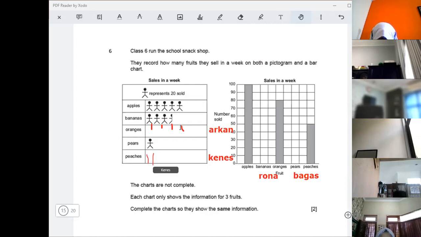Okay, is Kanes correct, class? I cannot see the drawing of the miss. Am I lagging or something? Yeah, this means like this. Okay, is it correct, class? Is the picture right? Oh yes, this one is a half, and this one too.